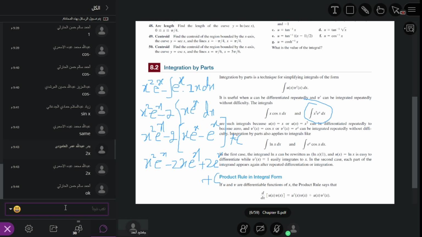Again we use integration by parts. So x as the first function, e power x as the second function. So x will be the same, integration of e power x, which is equal to e power x. So thus we get minus 2 into x, which is minus 2x e power x. Now minus minus plus 2 e power x. Thus we get the solution x square e power x minus 2x e power x plus 2 e power x plus constant. So this is our today lecture.